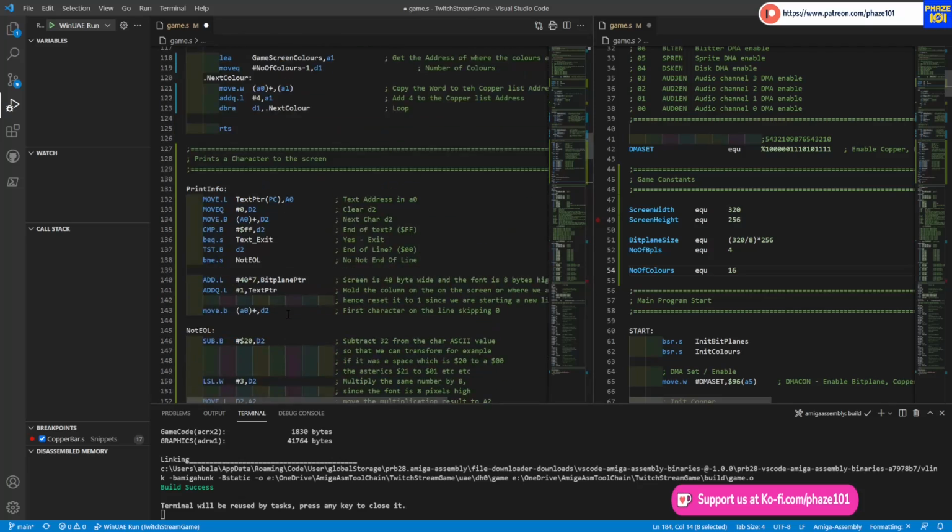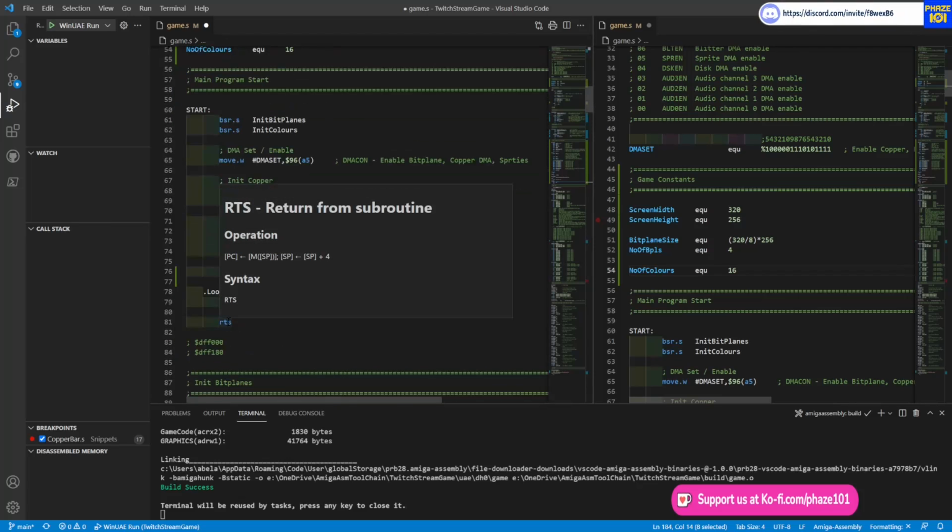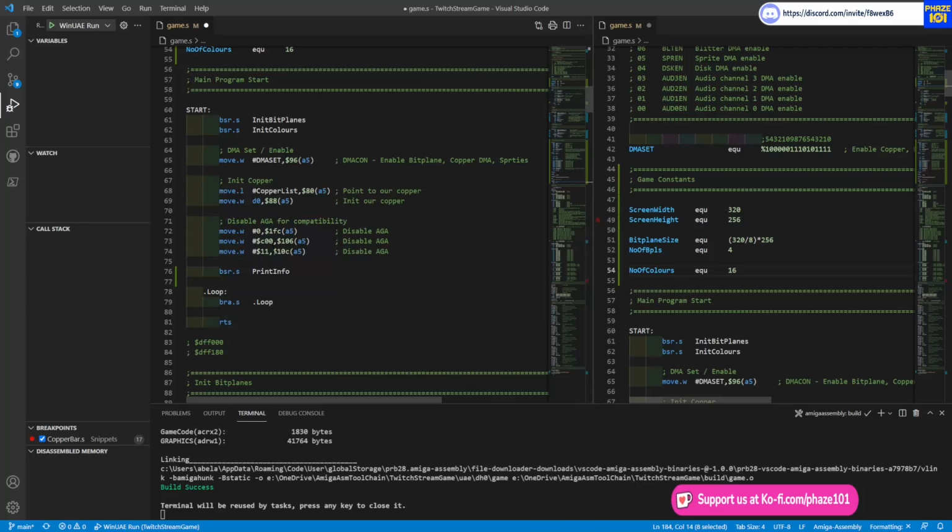Now, notice our loop. I am not quite happy with the way we wrote it. This is correct: we initialize our bitplane and colors before we set up the copper, because here we're telling the copper to start, so I prefer to have those before. Then we are printing to the screen, but then we end up in an infinite loop. Therefore, and this I am going to get from one of my codes, from the book basically,